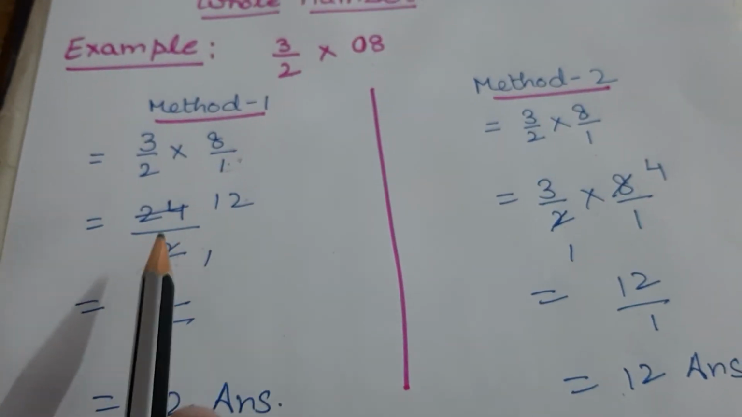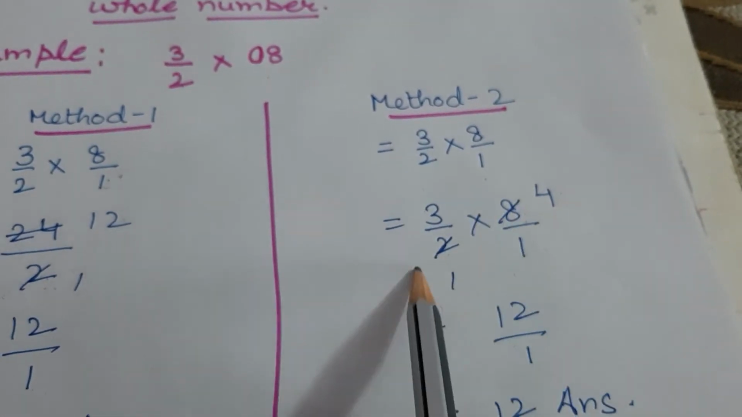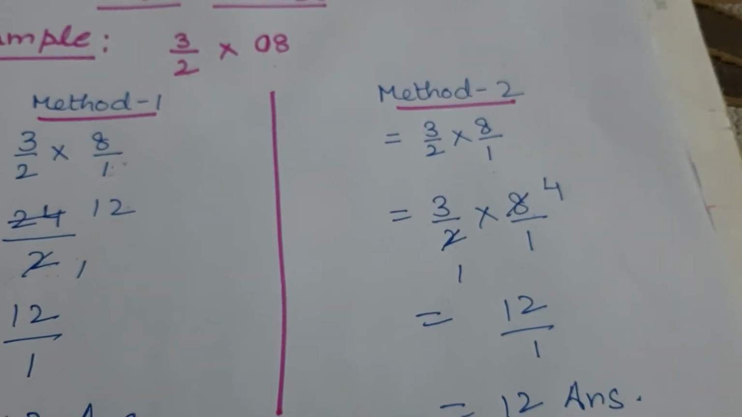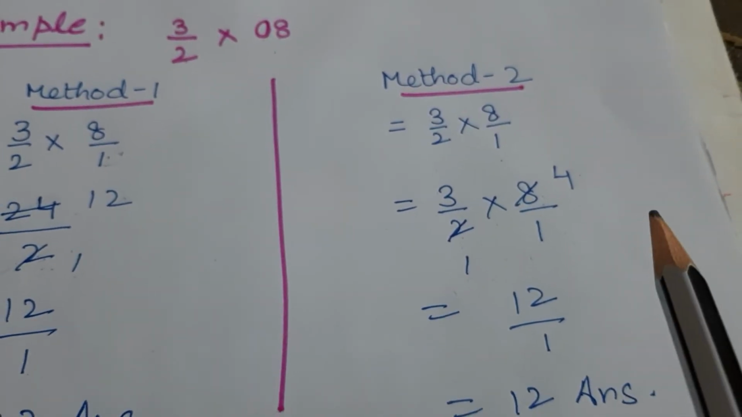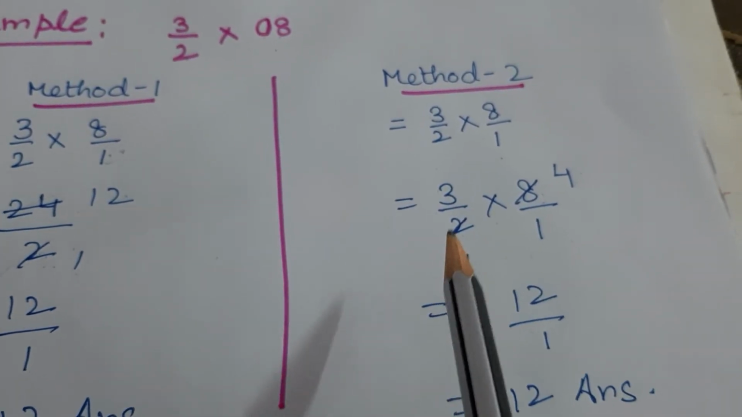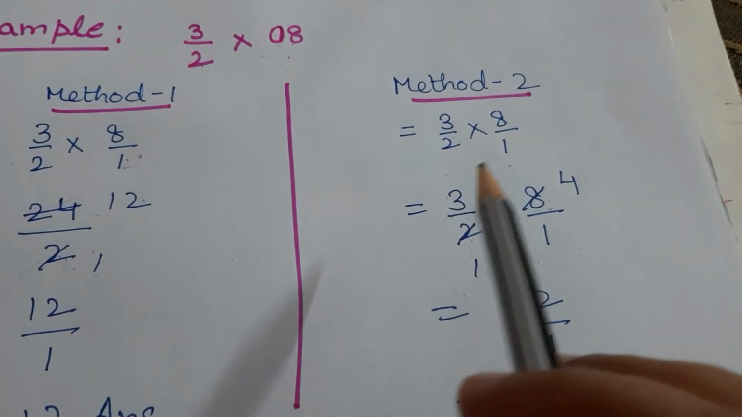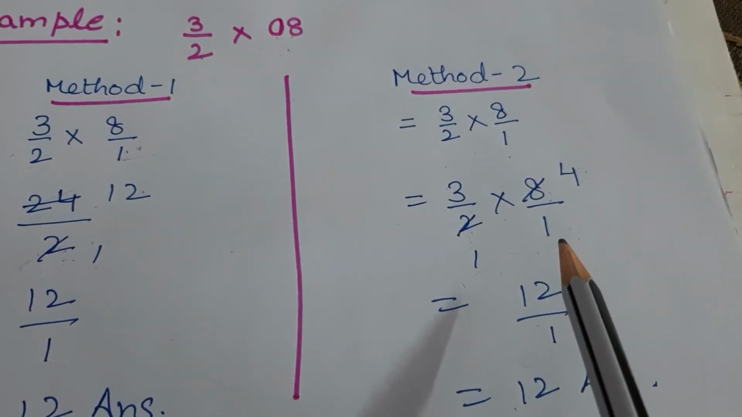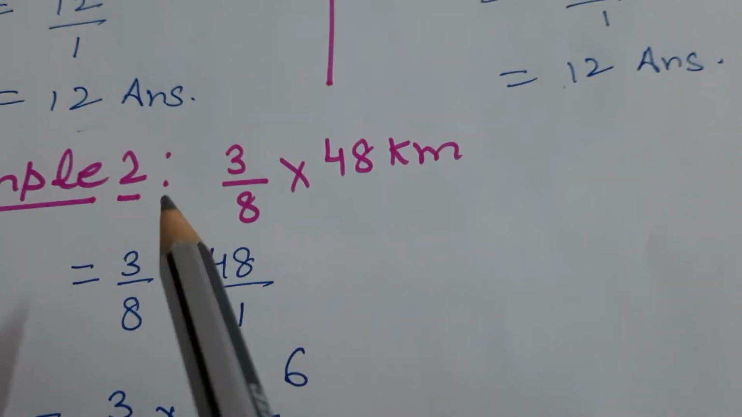Here in the first step you can cancel if there is any common table. But the important point to remember is that only denominators can be cancelled with numerators, or numerators can be cancelled with denominators. Okay, so one more example I am taking here